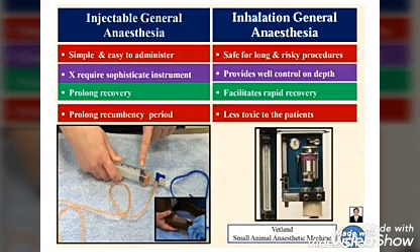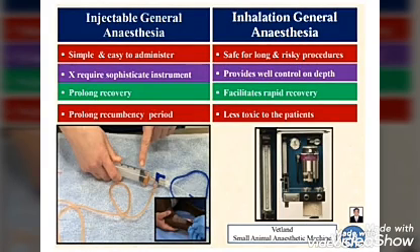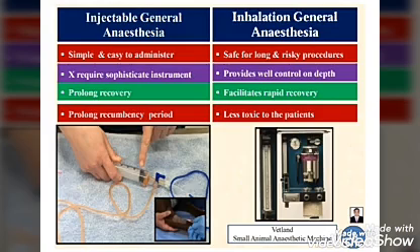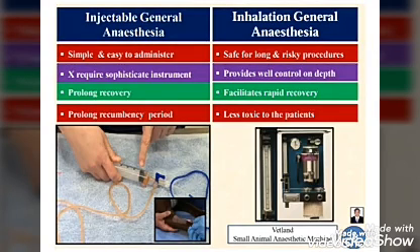On the other hand, inhalant anesthesia is considered safe for maintenance in long and risky procedures, as it provides well-controlled depth of anesthesia. You can control the depth of anesthesia by changing the dial of the vaporizer. If you want to increase the depth, you can easily change the depth of anesthesia at any time. But such a facility is not available in injectable anesthesia. Then rapid recovery is observed once you stop the inhalation anesthesia, and within 10 or 12 or 20 minutes the animal recovers. So recovery is generally fast in